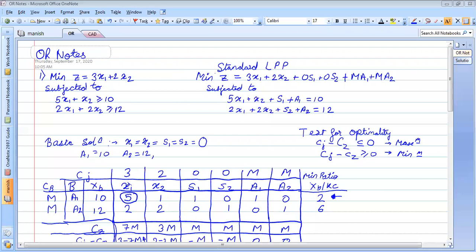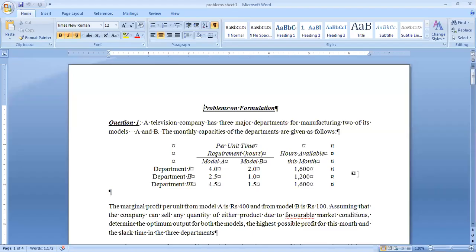Now you can see this problem sheet. In this problem, a television company has three major departments for manufacturing two of its models, A and B. The monthly capacity of the departments is given as follows.